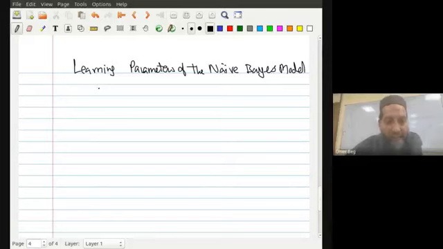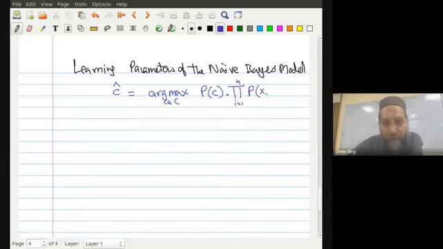So for learning this naive Bayes model, let me write that down first. Naive Bayes is predicting a class based on argmax over the set of classes. What you have is a prior, the probability of class C, and then a product, i goes from 1 to n, over the set of features given that class C. Okay? So we use the frequencies in data.